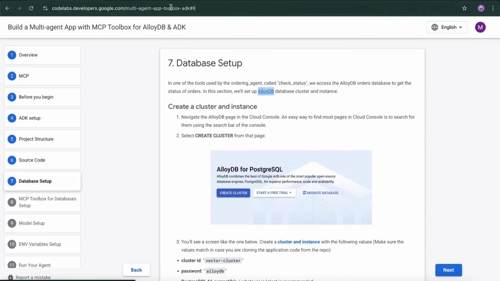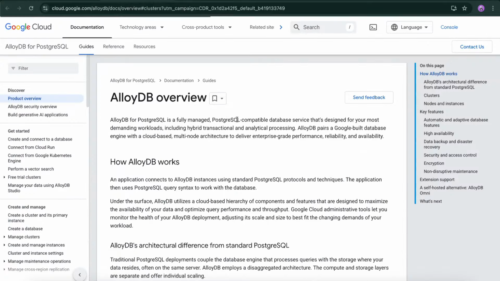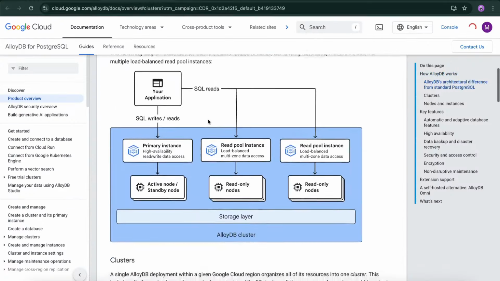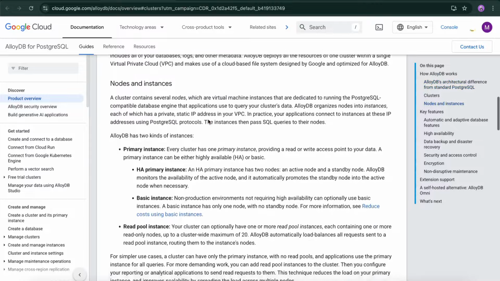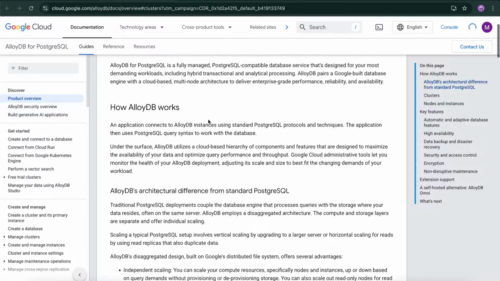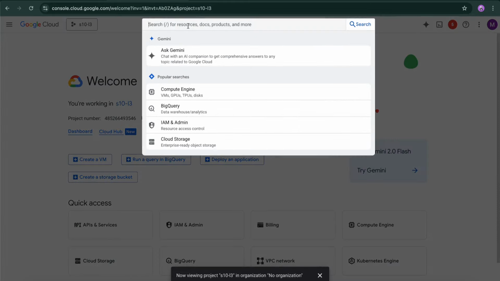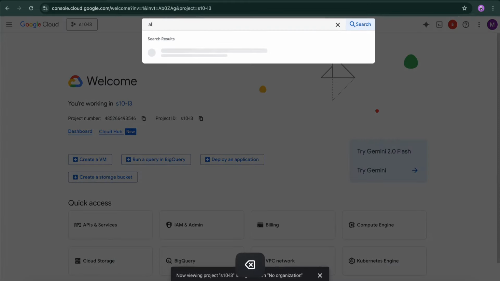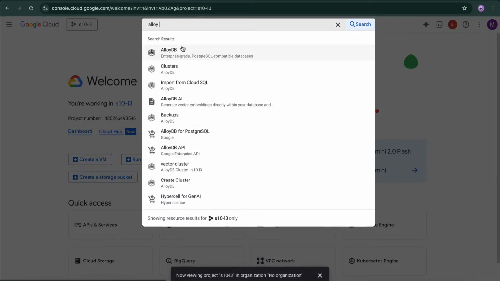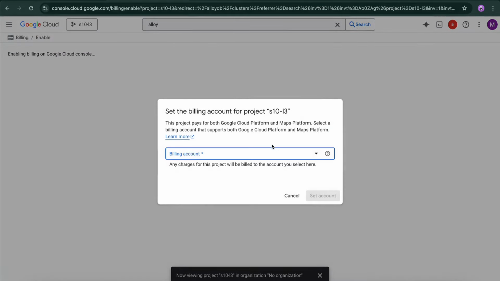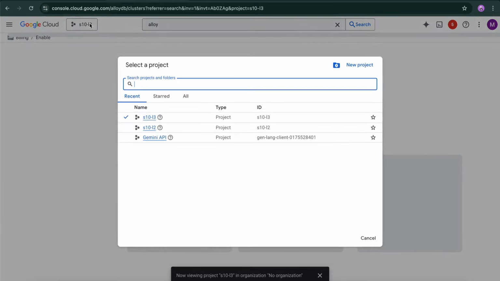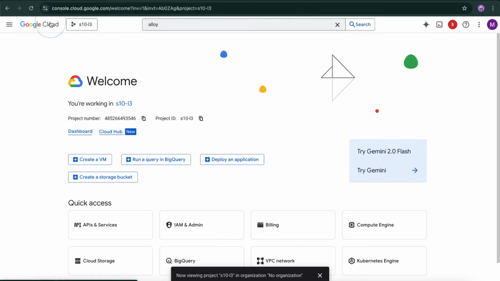You can right click this, go to the AlloyDB page. It will show you what AlloyDB is, how it is used, what it can do, and so much more. To create one right now, go back to the console page you left open and type in AlloyDB. It will ask you to enable a billing account, set the account. I'm actually in the wrong account right now, so I will just go ahead,